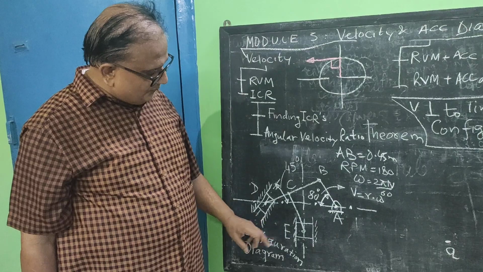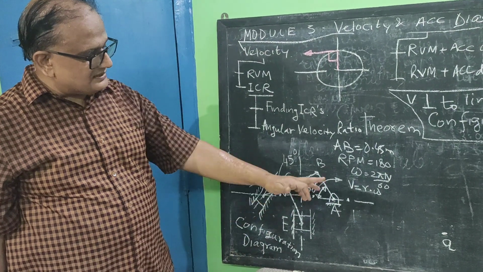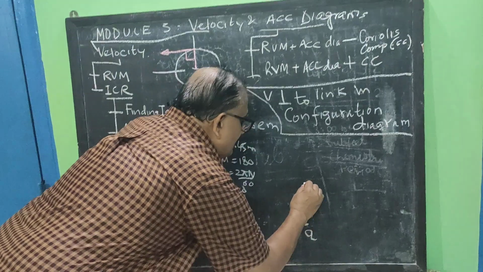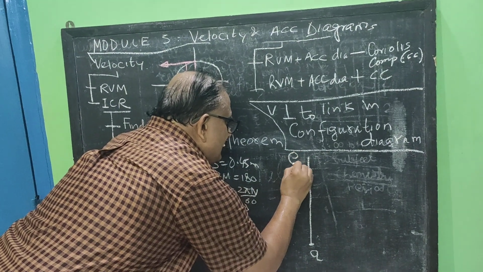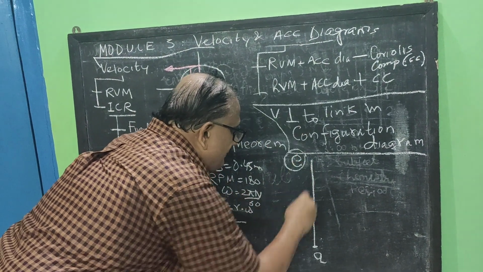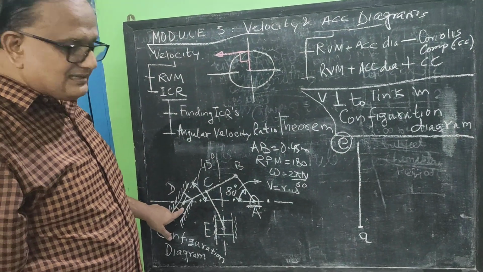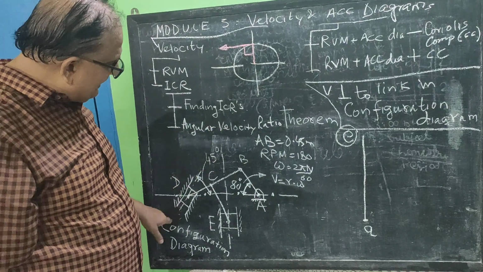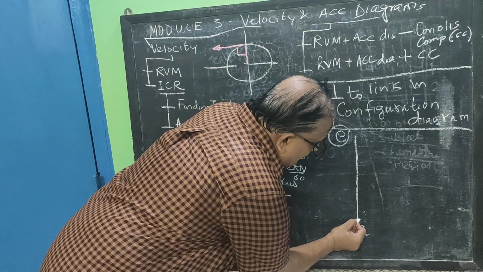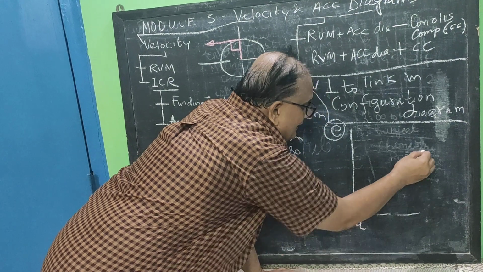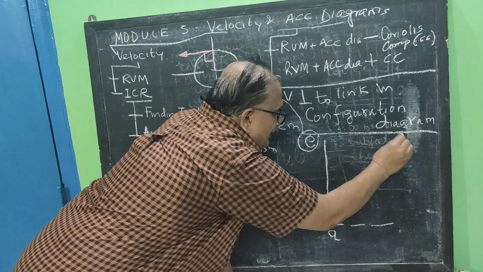In this soft spot, what I can do is, immediately after fixing the point A, I will draw a vertical line, and somewhere on this line I will find the point E. Next, this slider will always move at an angle of 45 degrees. So I will draw one line like this and make a line this way, and somewhere on this I will find the point D.